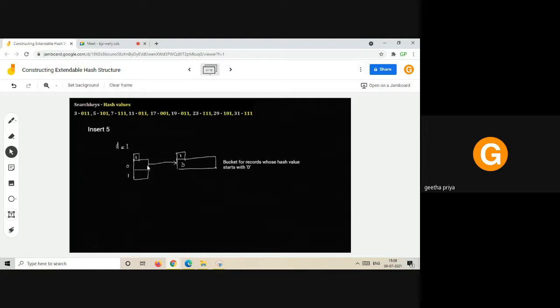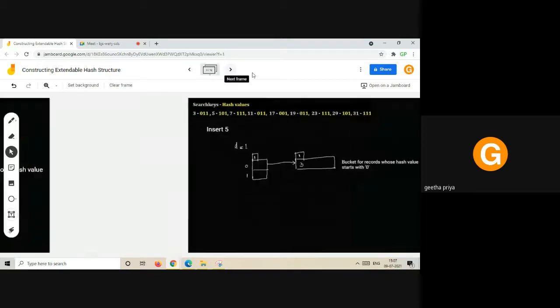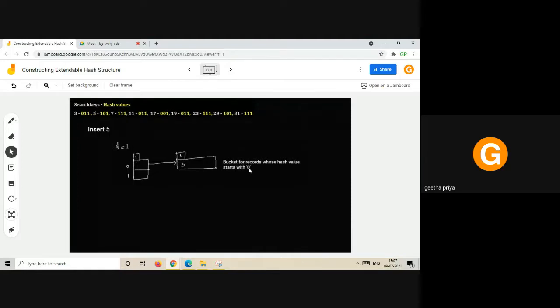Now we'll insert a 5 into the hash structure. From the previous step we have inserted a 3, and this structure has to be redrawn, which is what is done here. Now we are going to insert the second record, with the search key value 5.